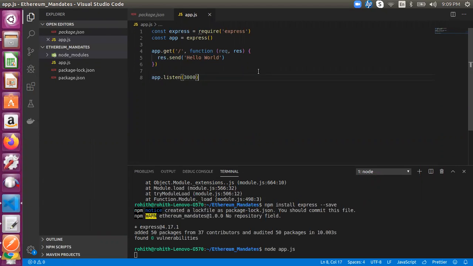We try to observe closely. So first is something like const express equal to require express. This is something we are importing the express package, express library, to the express variable. So we declare one variable express and we imported the express library into the express. Then I declared one more variable which comes as an object.